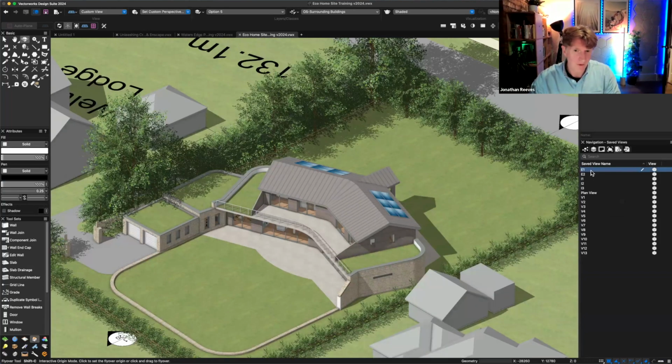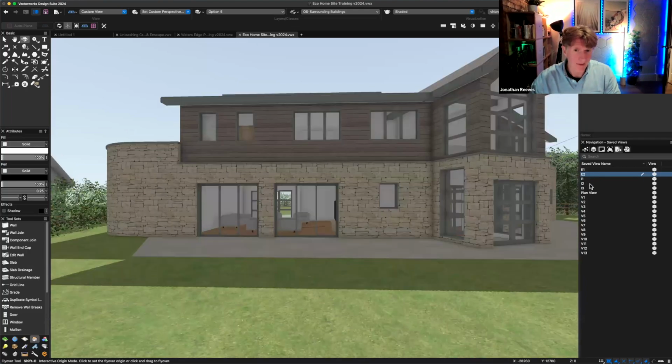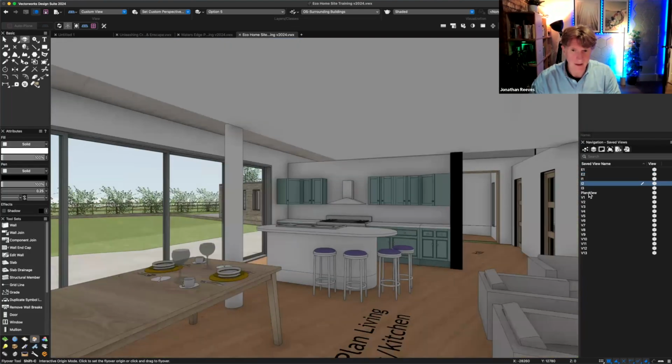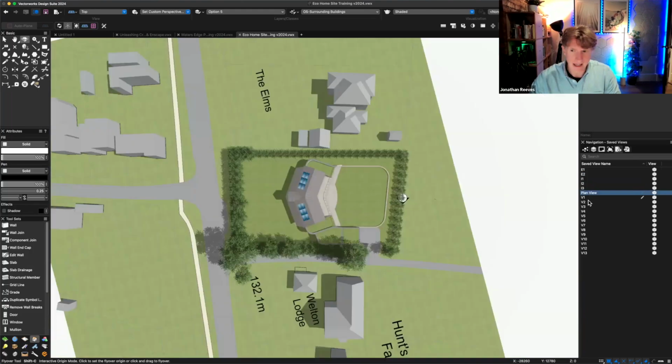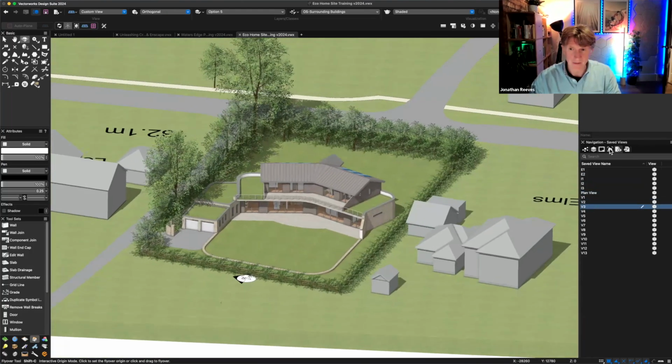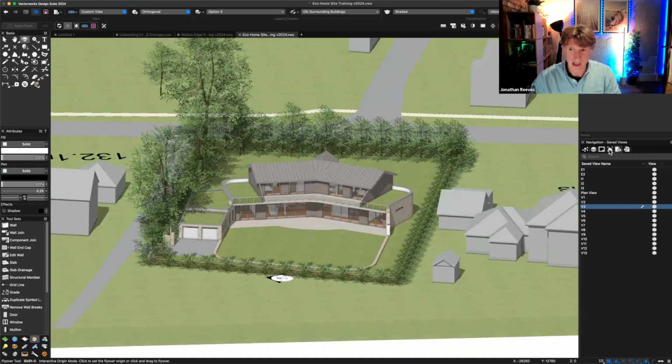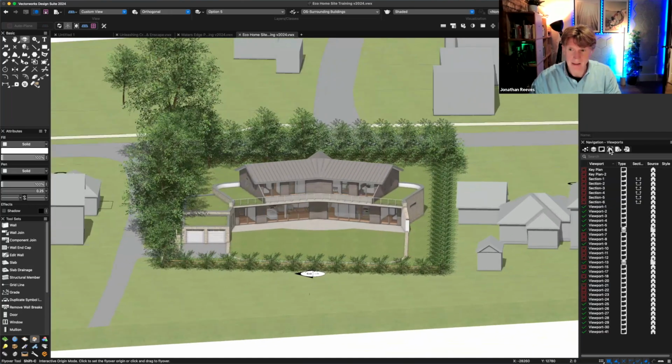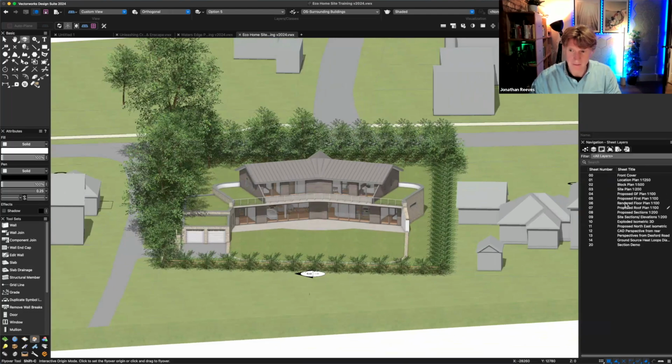because in Vectorworks I've got some really nice renderings, and I've got some nice what I call save views, and I can jump around, tell the story to the client of what their building is like, and that really helped sell it to the client as well as to the planners. And if I go onto my sheets, just let that animate, I've also got these